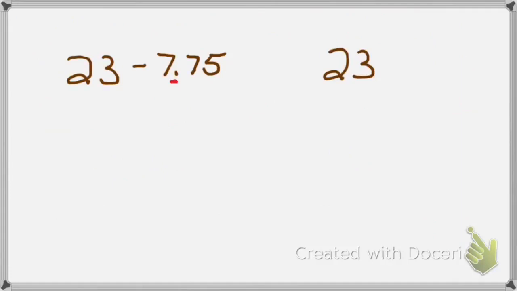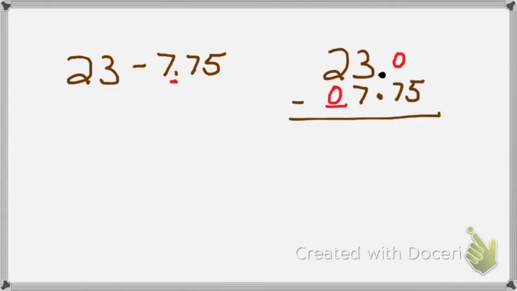And when doing a problem like this, remember if one number does not have a decimal point, you do need to remove the invisibility cloak because you always have to line up decimals. Remember, add, subtract decimals are always straight decimals. Fill in place value zeros as necessary so that each column is even. Then you can go ahead and subtract. If you need to borrow, that's fine. Just knock on those neighbors' doors. We solved this problem. We came out with